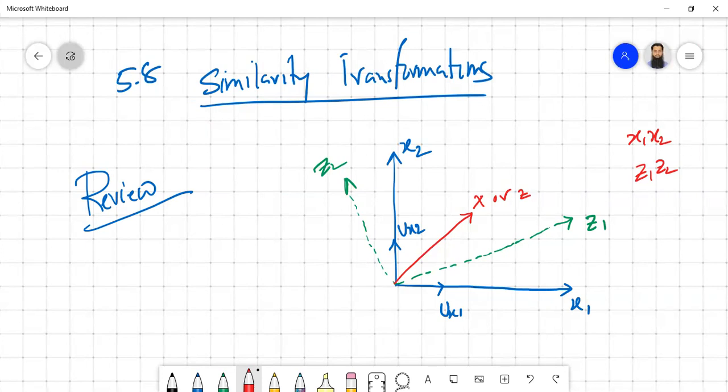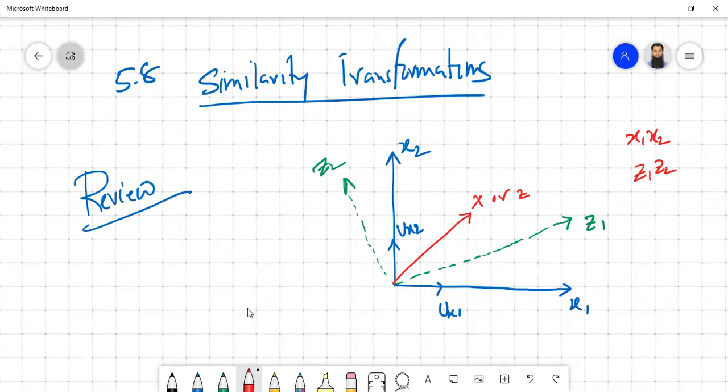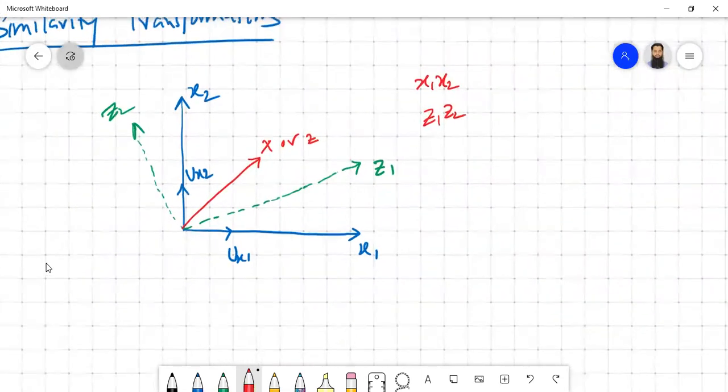So they are eventually representing the same system, but they are represented in a different form. So this is what we are trying to realize, how we can actually find this. So in terms of x, we can write the vector as x equal to